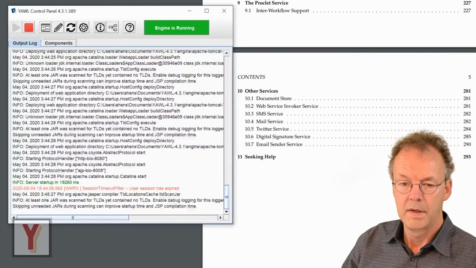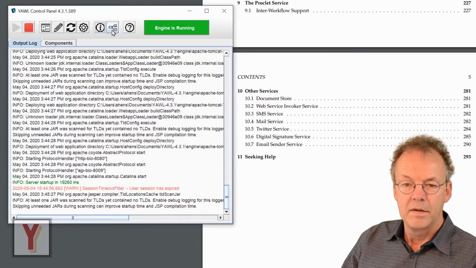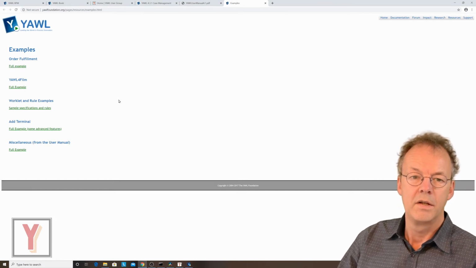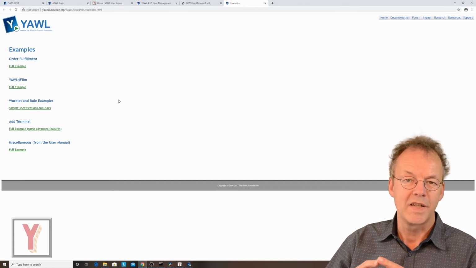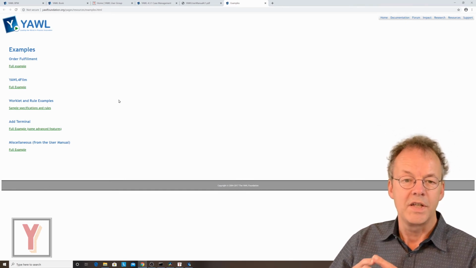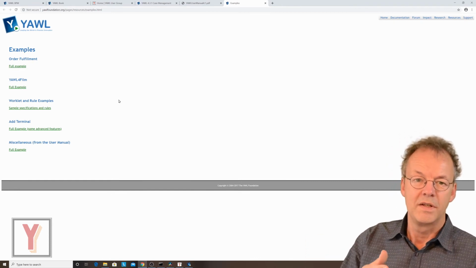Then the next symbol here is a link to a page where we can have some example files, example workflow specifications. And also this is quite interesting, and sometimes the user manual refers to these workflows.